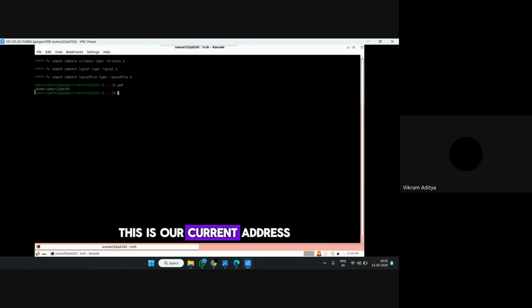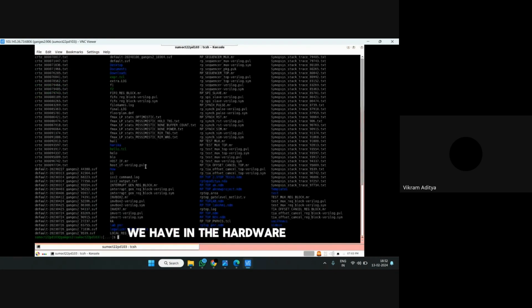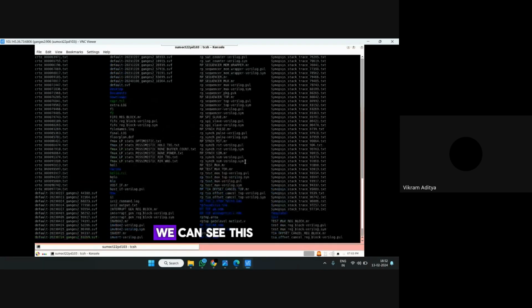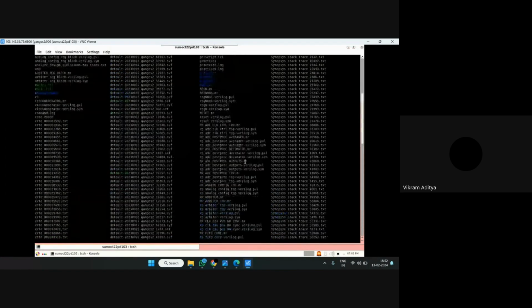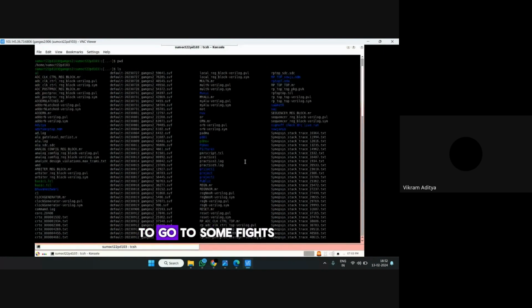See, this is our current address, the place where we are standing. If we want to go to some other files, we first need to see what files we have in the pathway. We can see this many files, right? So if we want to go to some file,